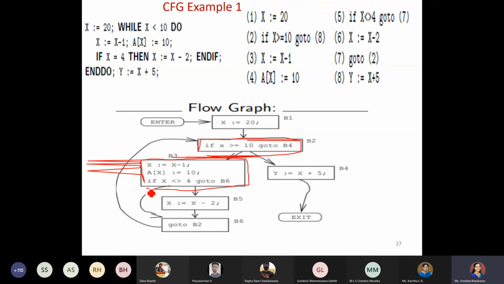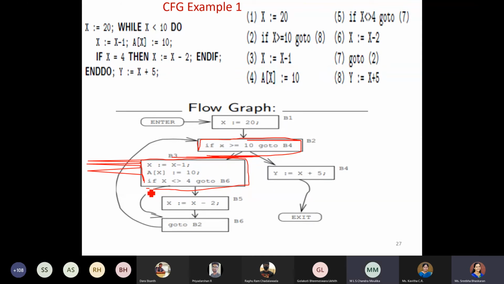Are you getting my point? We are not explicitly pointing it as such. Yes, ma'am, it is the coded part. For our visual representation, we show it with an arrow and all. This is how we are visualizing it. But within the system, how is the system going to visualize it? The system will be visualizing only by using the blocks, right?